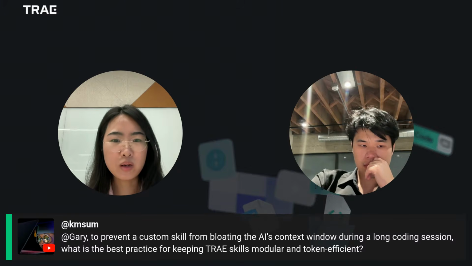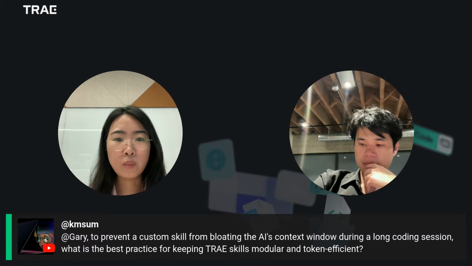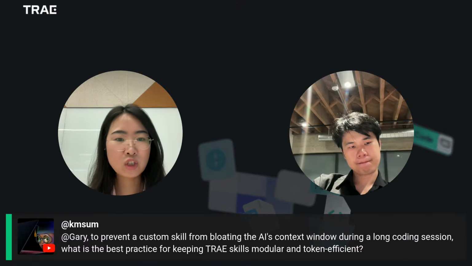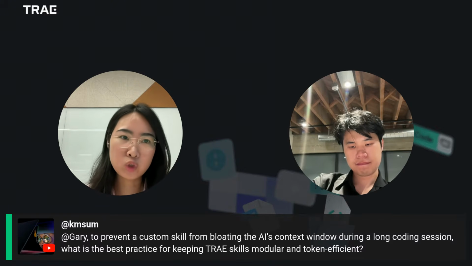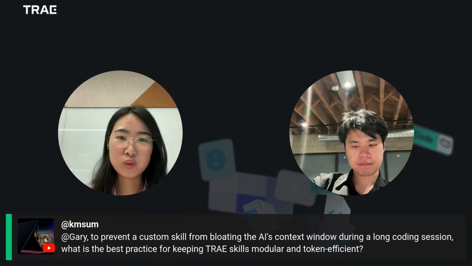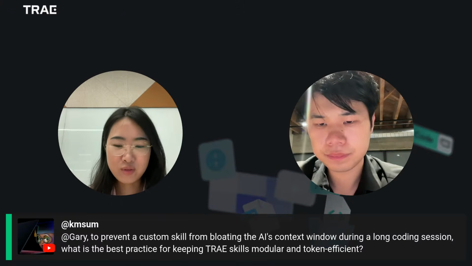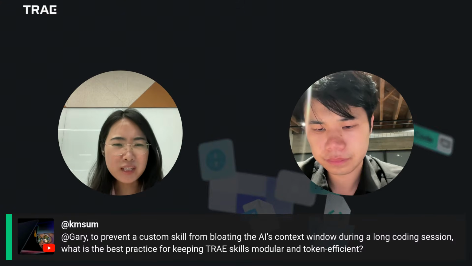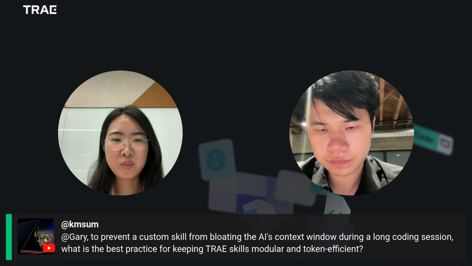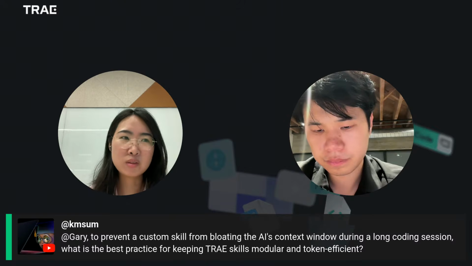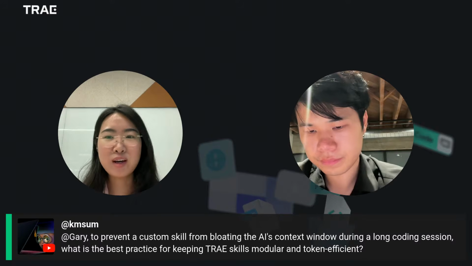And then the second one about skills that I want to highlight is, in Tray Solo or in the Tray IDE, you can use a hashtag to specify which skill you want to use so that the agent will not be confused among all the different kinds of skills you installed. And the third thing is, I believe skills are progressively loaded, so you don't need to worry too much about the context. But I think if you install too much, the agent might be confused about which one to use. So yeah, I guess that's also my thoughts on this one.